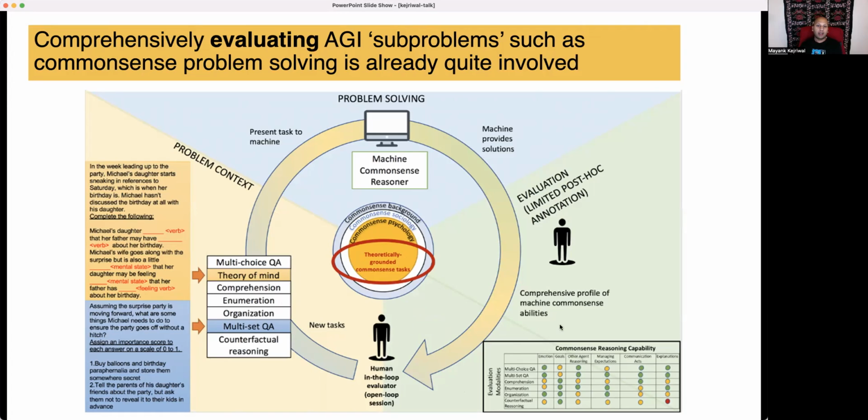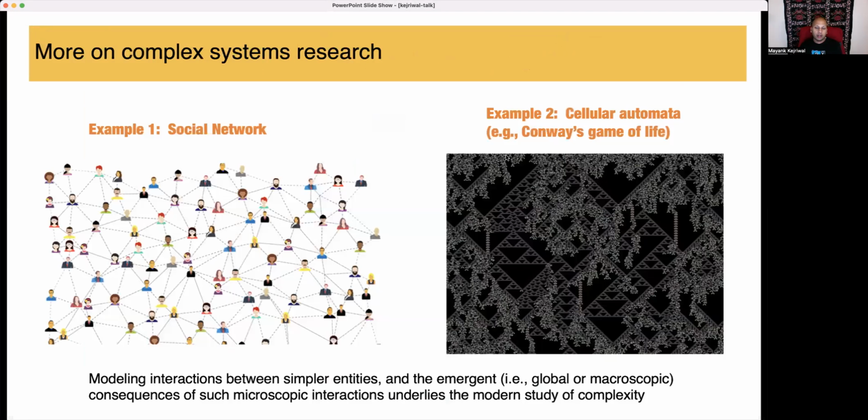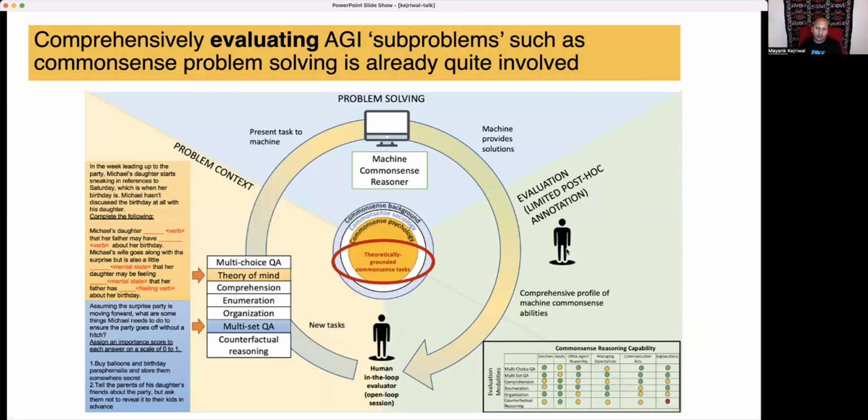But what we are arguing is that for this kind of reasoning, we need to again take a complex systems approach where you pose a problem to the machine, and then the machine gives solutions. And then what we believe is that there needs to be a human who then, almost like a Turing test architecture, is in this open loop session where, based on the machine's answer, you then probe further, by sampling from one of these problem contexts and one of these 3 areas of common sense. And it's a circular open loop evaluation.